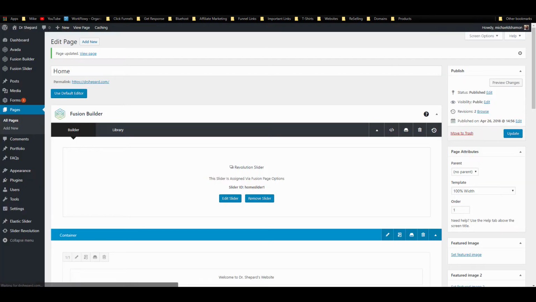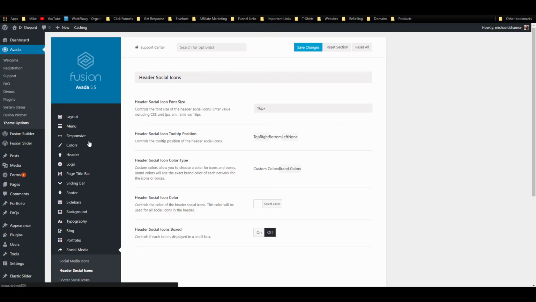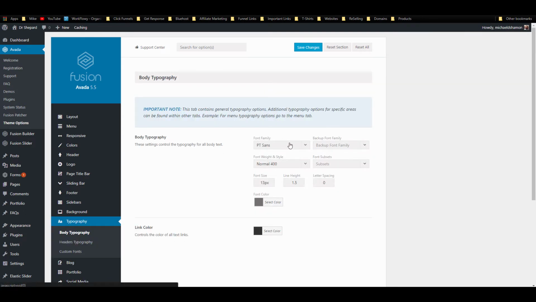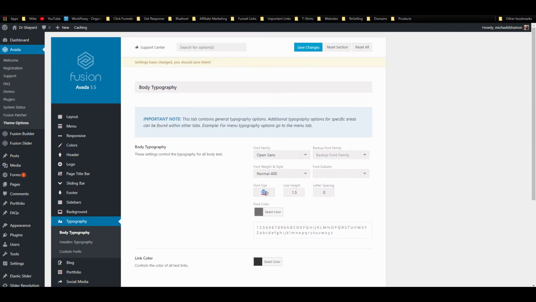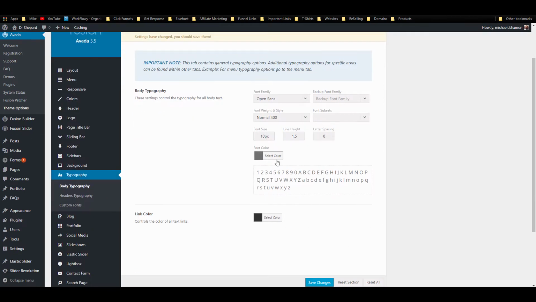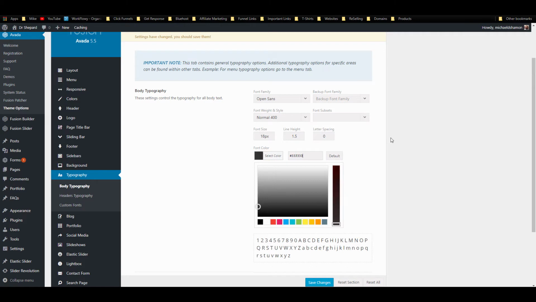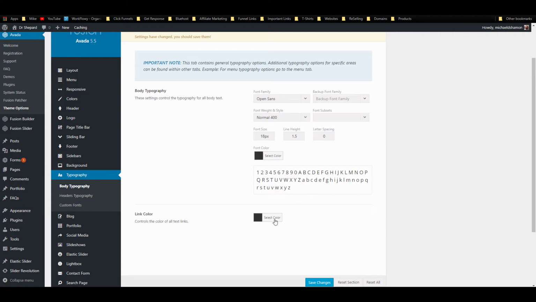So if we go back to our Avada theme options, okay, and I just open those in a new tab. We can come down here to typography. Okay, and then we can change our body typography, which I'm just going to go with Open Sans. Okay, and this is for the body text. So remember, we put that text in an H1 heading. We'll change that in just a second, but first this is the body text. I usually do 18 on the text, and I usually change the color to be a little bit darker, 333, which is actually the default of this link color. Okay. So save that,